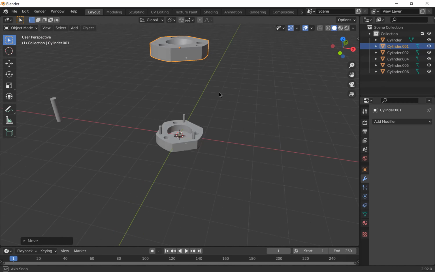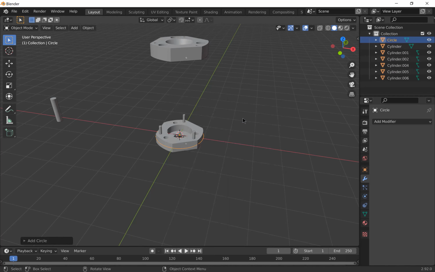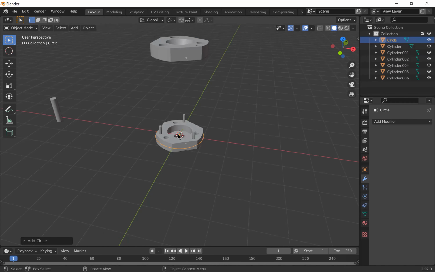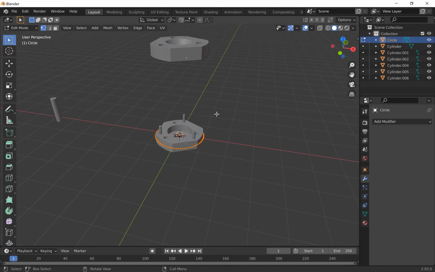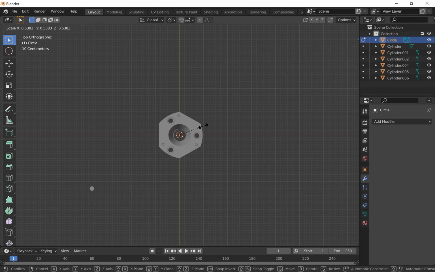Then we'll add by Shift A, we'll add a circle. And we'll add about 80 vertices to it. Go into edit mode. And scale it down until it's the same